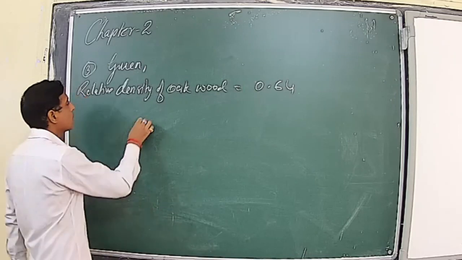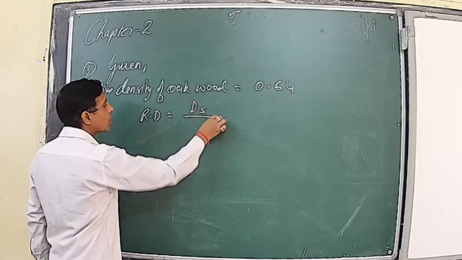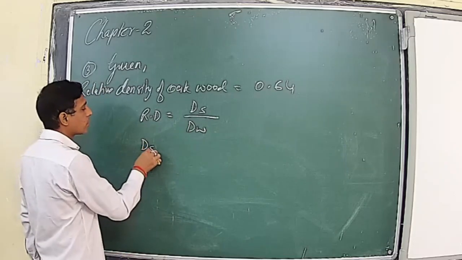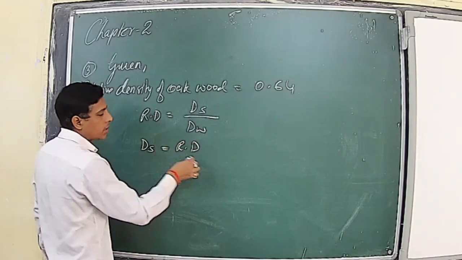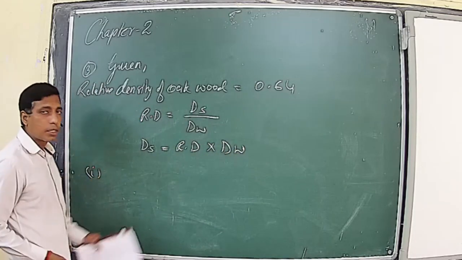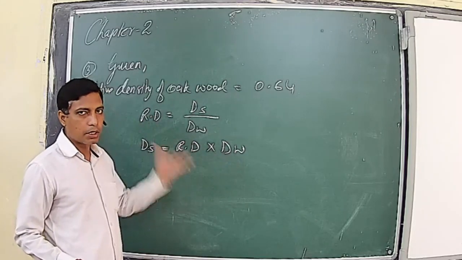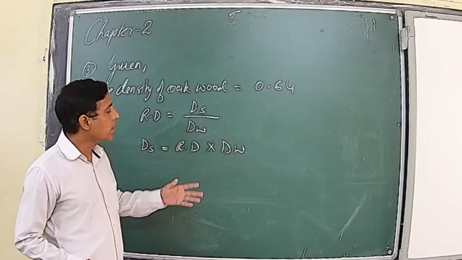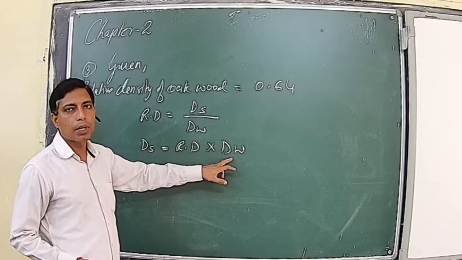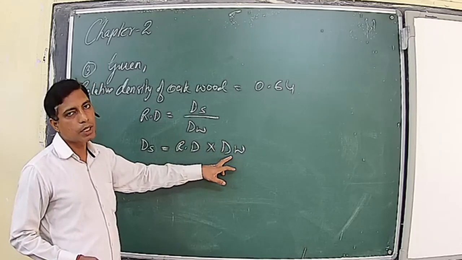So as I have told you, if you go for the formula, relative density is equal to density of a known substance upon density of water at 4 degrees Celsius. So density of any unknown substance is equal to relative density of that substance multiplied by density of water. The first part is to find the density of this oak wood in SI system. So remember, whenever relative density is given and we have to calculate the density in SI units, you will put the value of density of water as 1000 kilograms per cubic meter. And if you have to calculate in CGS system, you will put here 1 gram per cubic centimeter.